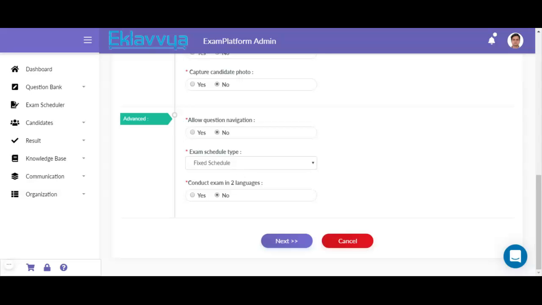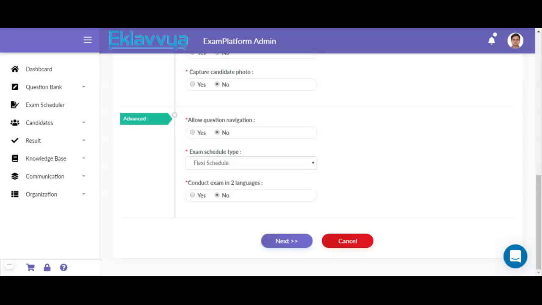So in this case, you can keep the online examination window open for 2 days or 3 days, but you want the candidate to appear for the online exam only within a fixed time interval of 60 minutes. So if a candidate starts the online exam at 9:30 a.m. in the morning, then that exam will get automatically finished at 10:30 a.m. on the same date. You can keep that third option in such a scenario. For demo purposes, I am keeping the option as flexi schedule.